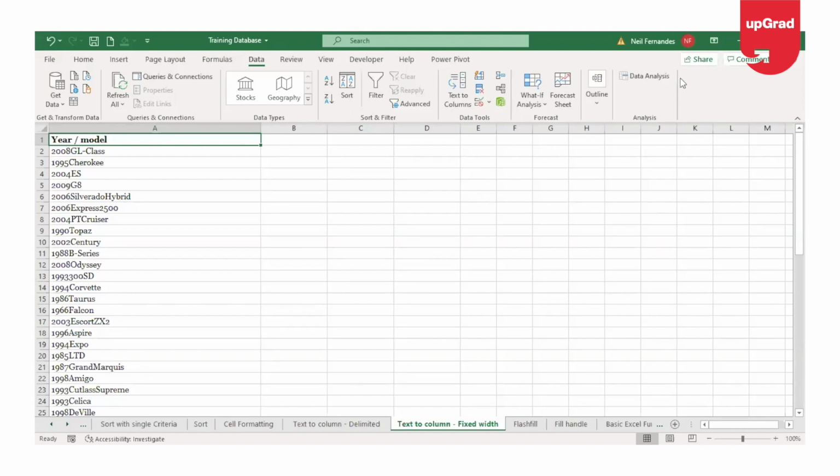Fixed width is used when each component in the data to be split occupies the same number of characters. Like in our example here, you will see the list of car years and models. Because every year in the list is 4 digits long, we can use fixed width here.